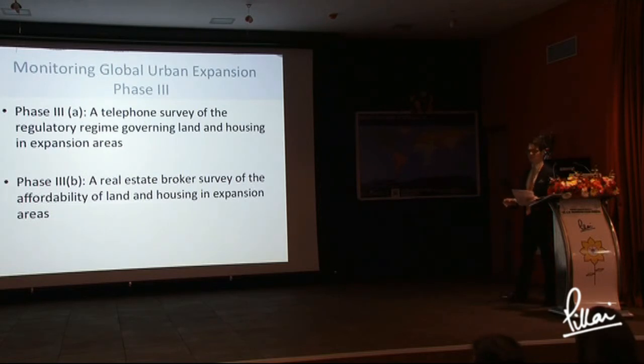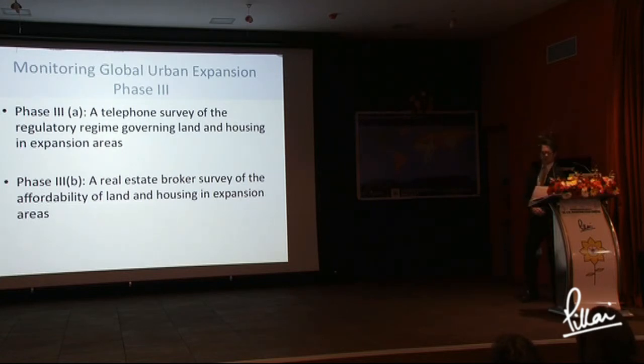So to learn this, we first have to gather information on the regulations and rules that govern housing, which we're planning to get from city officials and developers in our 200-city sample. And then we have to get information on land and home prices in the expansion areas of these cities. And then we'll be able to say, how are the planning and policies in these cities impacting the ability of people who are moving to the city from the country, people who are being born in the city? How are these plans and policies impacting the quality of their life?